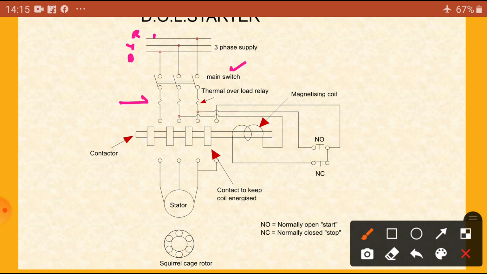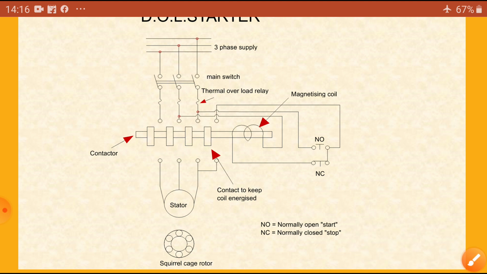Up to the R phase, Y phase, B phase input terminals, and here the output terminals to the motor. This is the input, this is the output of the motor. Whatever current is flowing in this direction, these two contacts close at the same time.